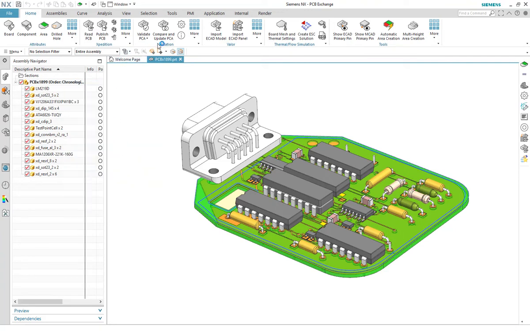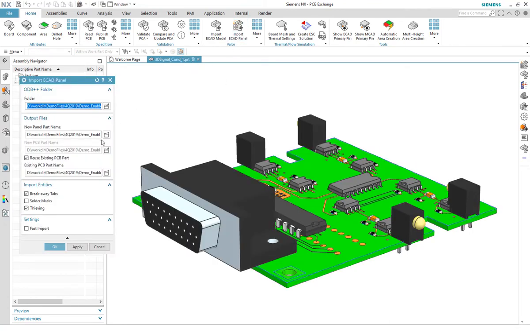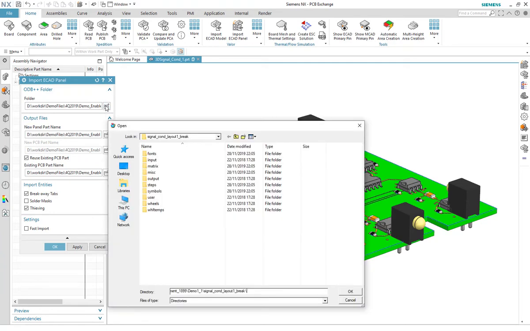This version has a new group for the Mentor Valor interface, where we can import ODB++ files and see the full manufacturing panel represented inside NX for downstream usage, such as checking for fit and function, documentation, and other requirements. To demonstrate this, I have loaded the PCB design that has previously been exported to Valor and will now import the panel data that will use the existing design and integrate it within the panel.